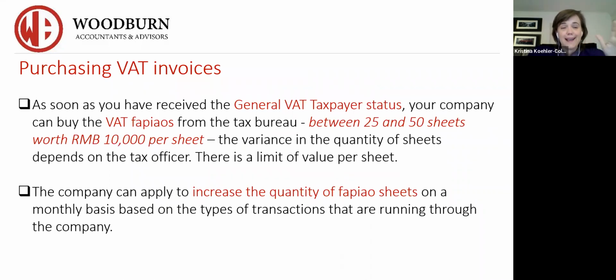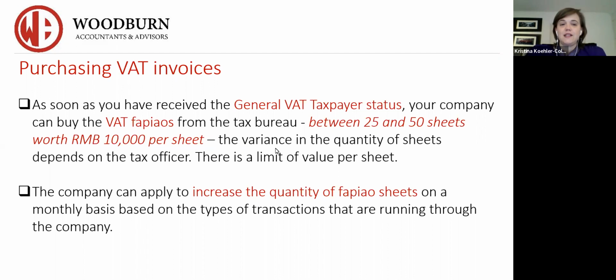Now, again, this section, most people think I'm joking about how this actually is operated in China. But when you establish your company in China, if you decide to become a general VAT taxpayer, you go through an application procedure, which in the past used to take weeks on end to get it. Now it usually just takes a couple of working days and you have your status.